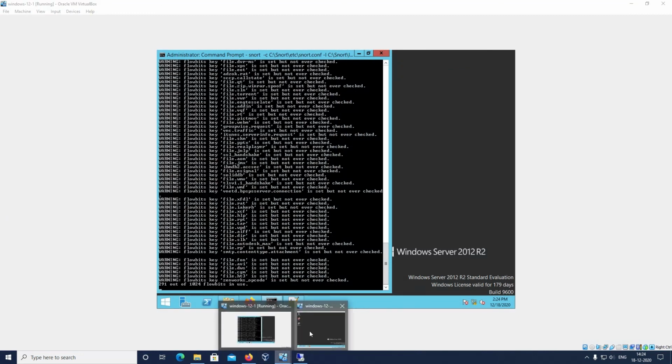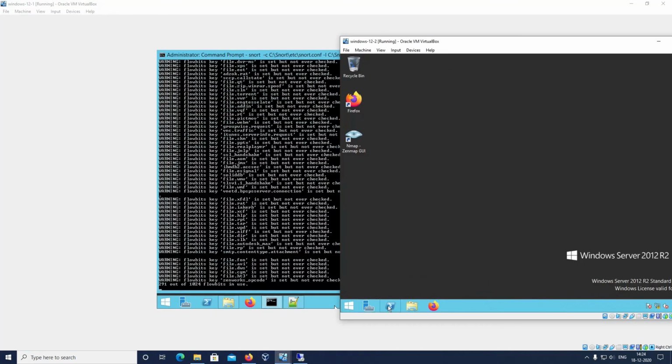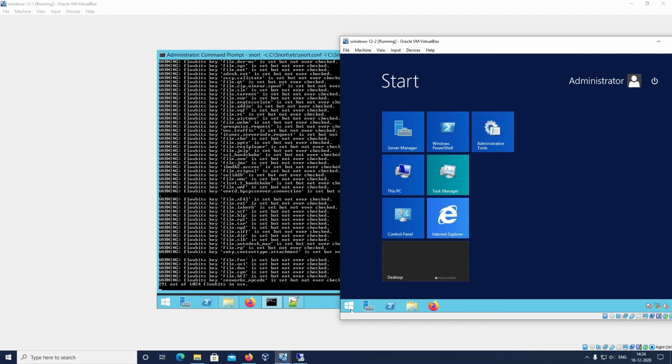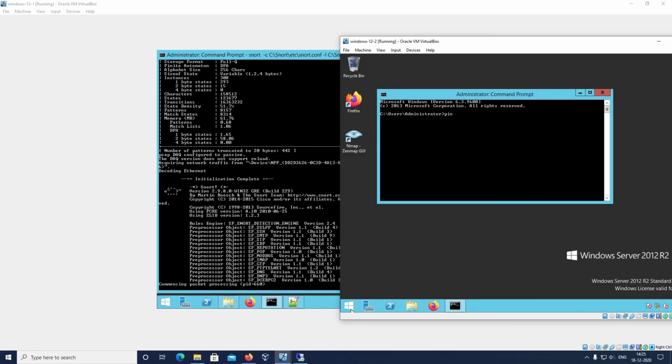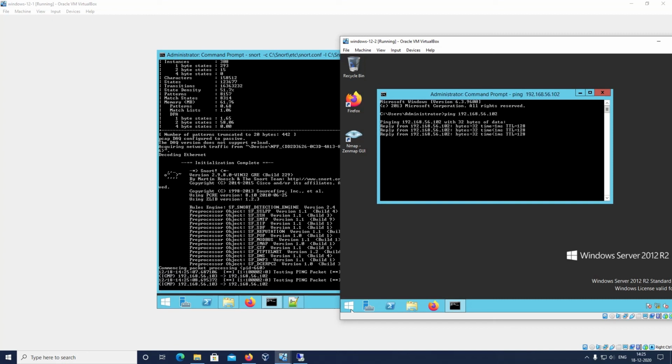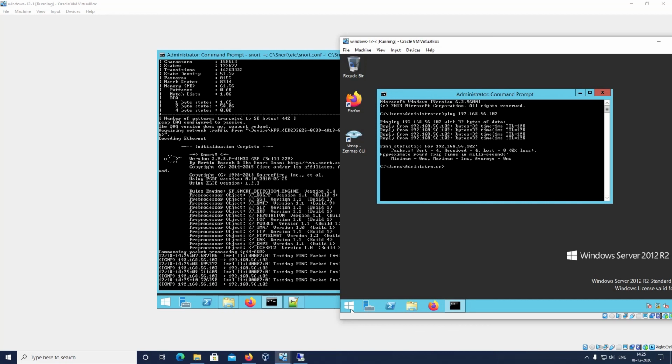So now we will go to the client machine and check if ping is working. Now the ping is working because we have turned off the firewall.